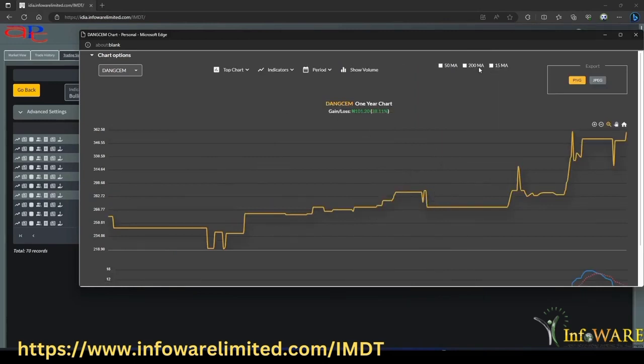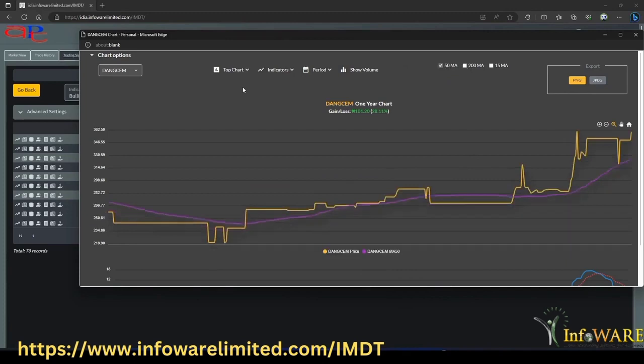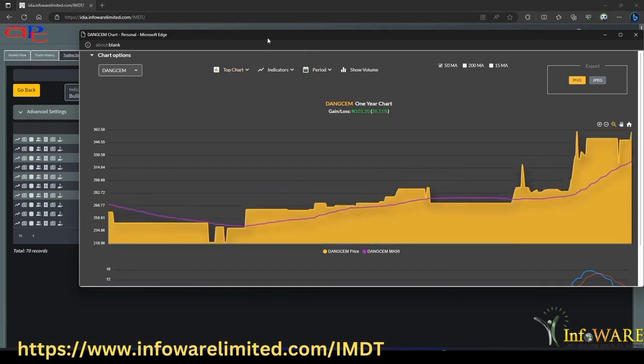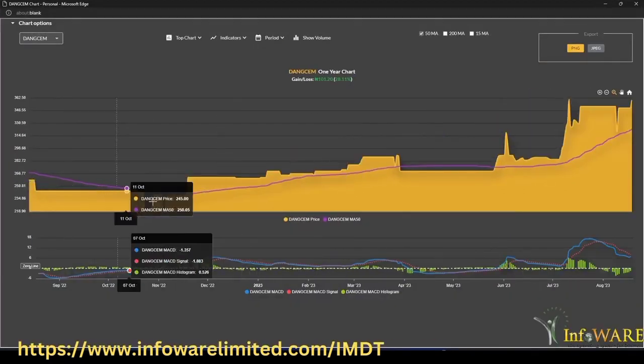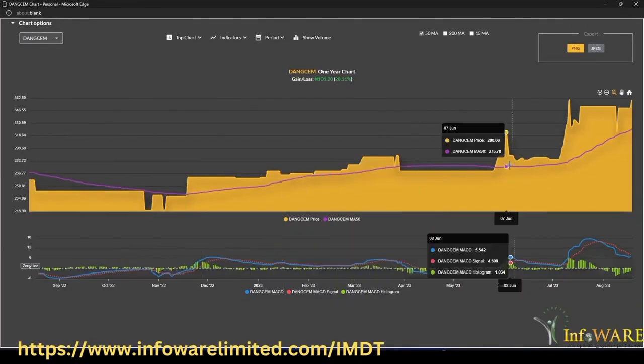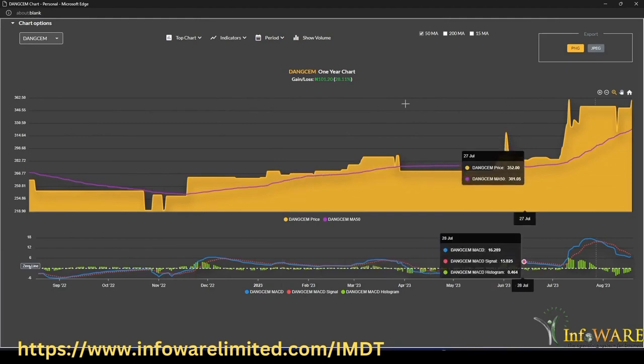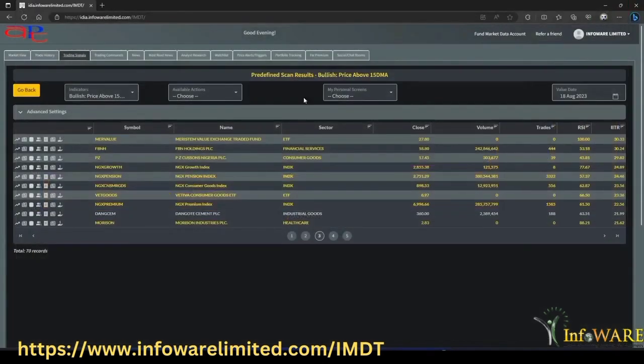Again, I can select more overlays, let's say the 50-day moving average. And one of the other things I can do here, depending on what I like, is choose the area format, for example, and it overlays it so I can see. It makes it easier to look at exactly how the 50-day moving average overlays on that chart line. And of course, I can close them as I'm